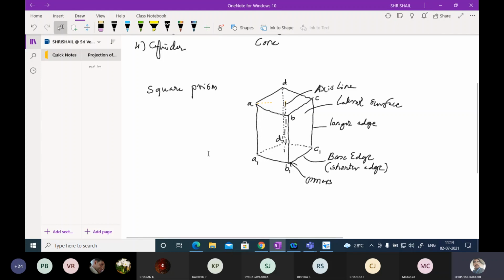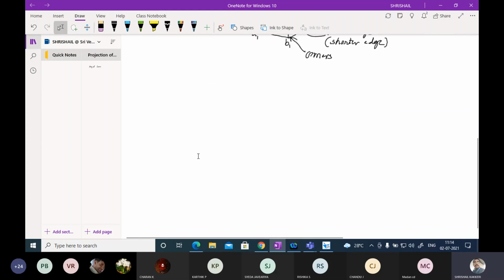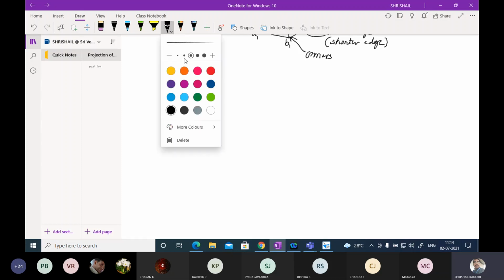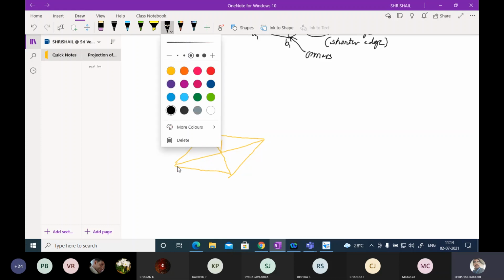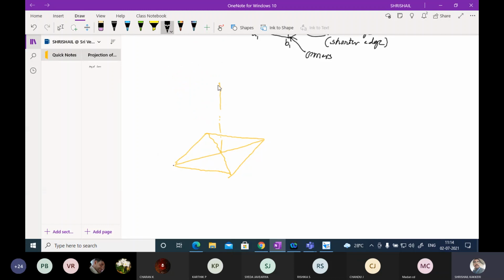Now similarly, if you are talking about the cone or the pyramid, I am going to talk about the square pyramid. Please look here. I am going to take a square pyramid and join this. We will get the axis point here and the axis point at the top. Some height I am going to take. Now let me construct the pyramid.